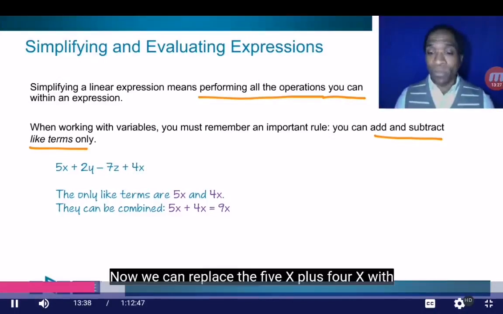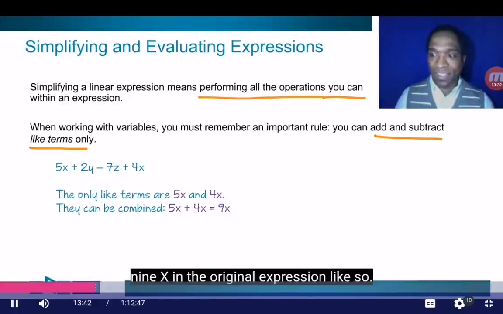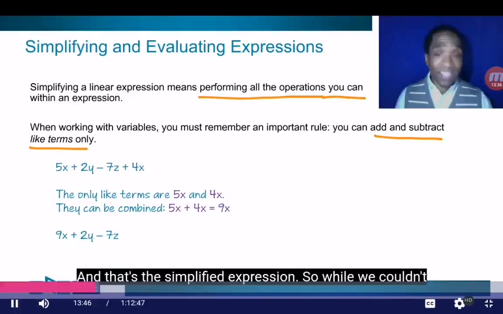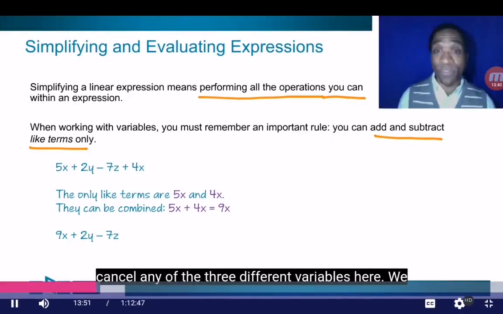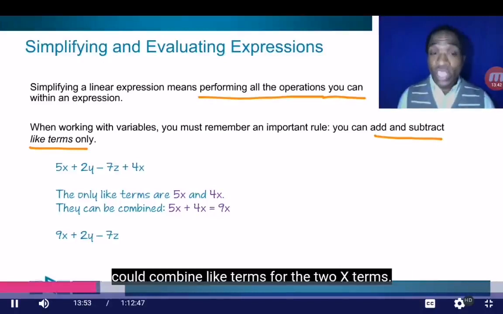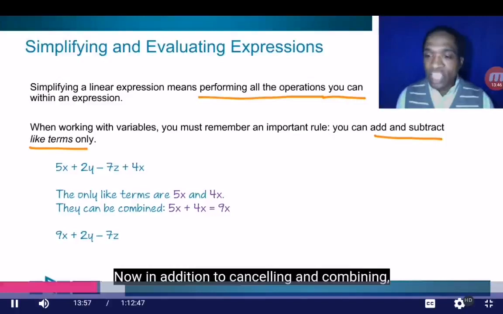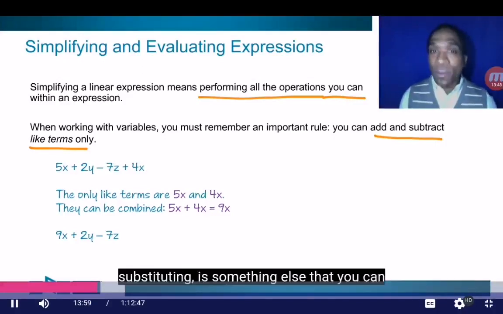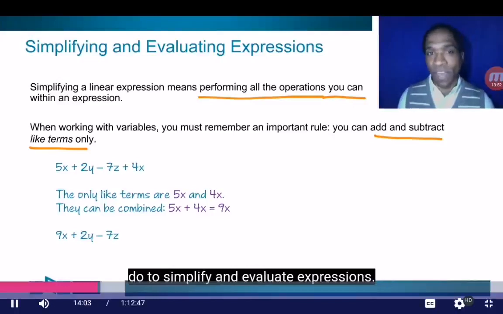Now, we can replace the 5x plus 4x with 9x in the original expression, like so. And that's the simplified expression. So while we couldn't cancel any of the three different variables here, we could combine like terms for the 2x terms. Now, in addition to canceling and combining, substituting is something else that you can do to simplify and evaluate